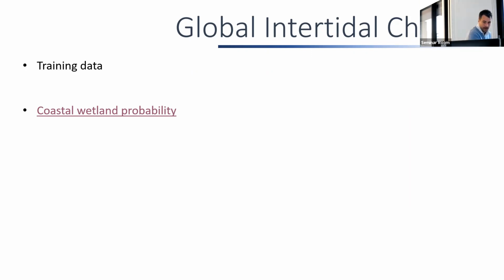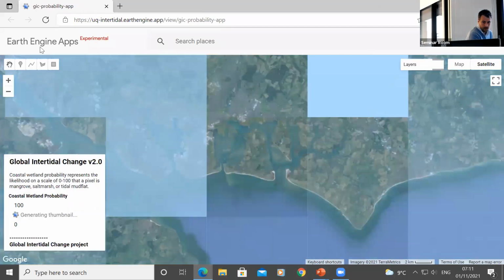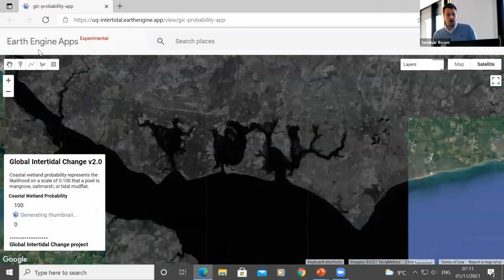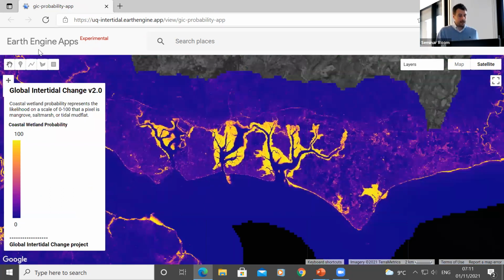And so what does that look like? So we're going to zoom in to one location. This is actually an example from the south of the UK. And as you can see, from the purples, they are predicting 0% chance that this is a coastal wetland, to big yellows, which are suggesting that it's really very likely that it's a coastal ecosystem. So you've now got the base map for doing this analysis.